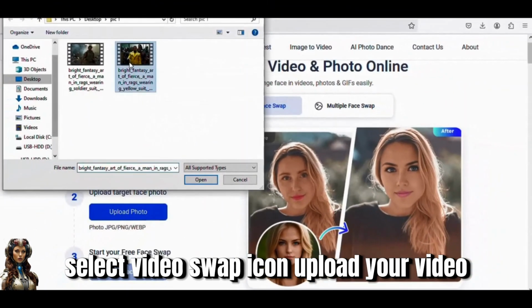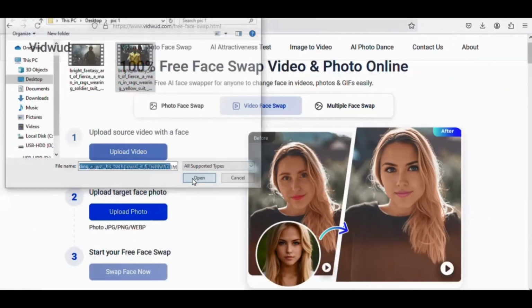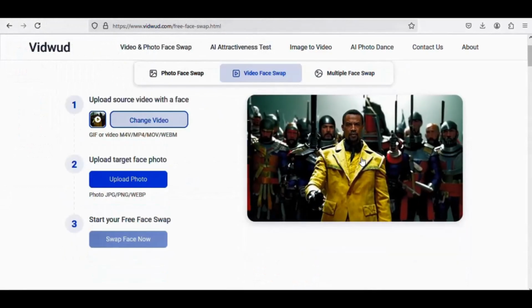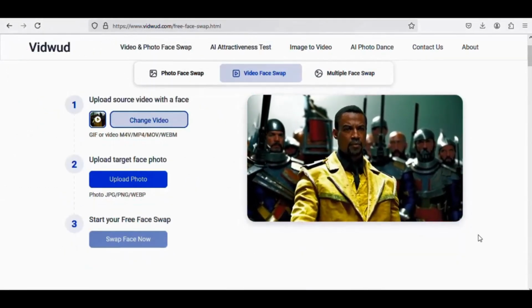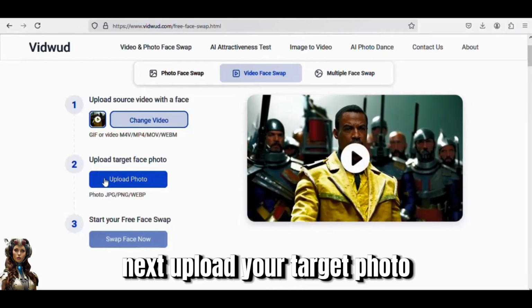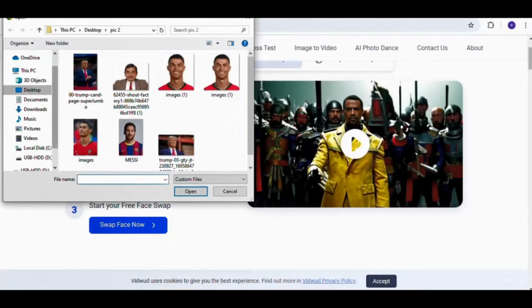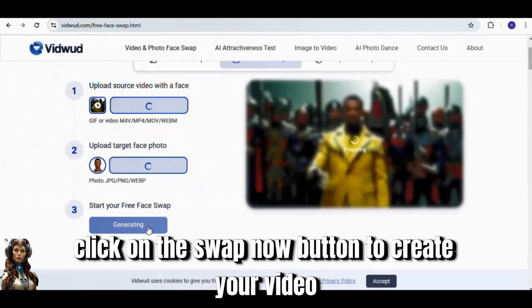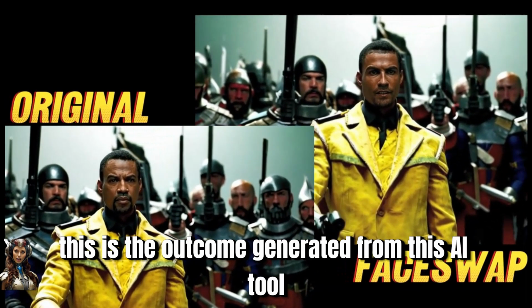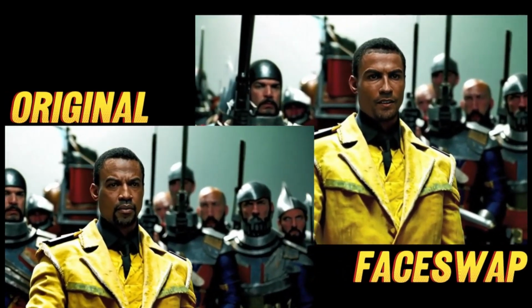Upload your video. Next, upload your target photo. Finally, click on the Swap Now button to create your video. This is the outcome generated from this AI tool.